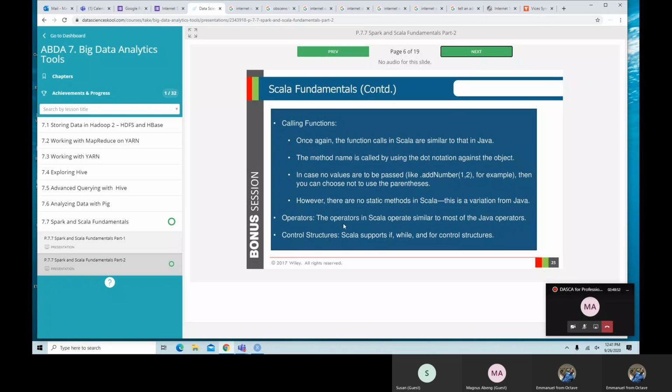we have operators. The operators are scalar operations, mostly the Java operators. Then control structures. In control structures, they support if, while, and for control structures. You can run the for kind of loop too. The if statement, while, and